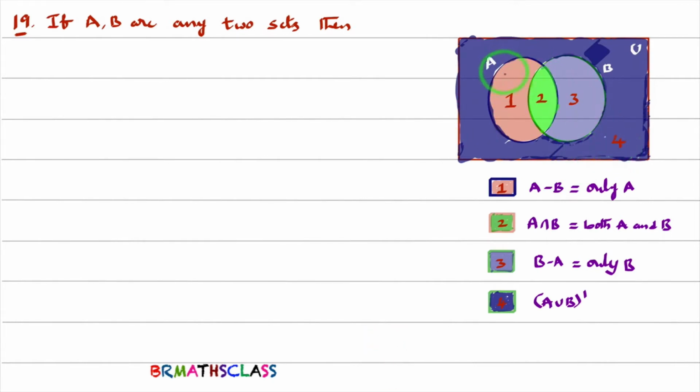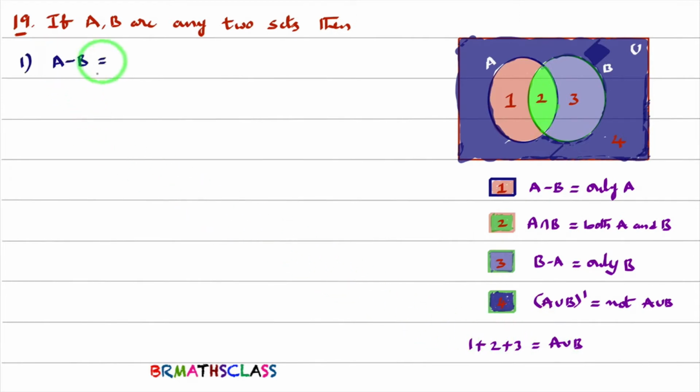Please try to understand. This 1 plus 2 plus 3, if all the parts together, is nothing but A union B. Not A union B means in this box other than 1, 2, 3, what part is there? That part is fourth part. So fourth part is not A union B. To understand the coming properties, you need to know these things first. So we'll start our properties.